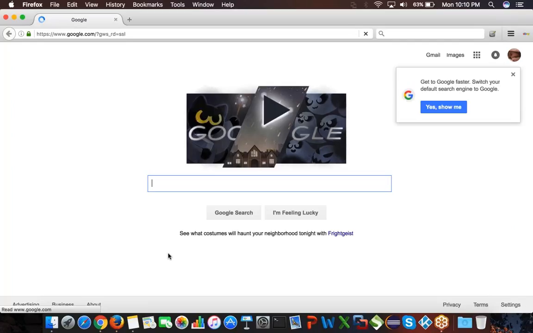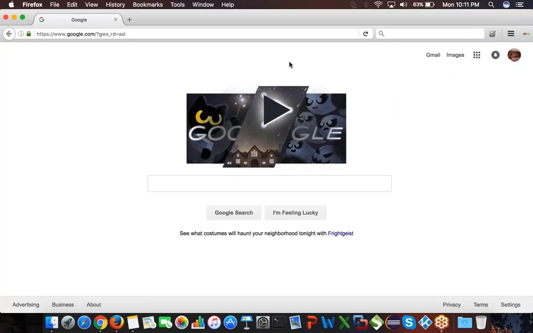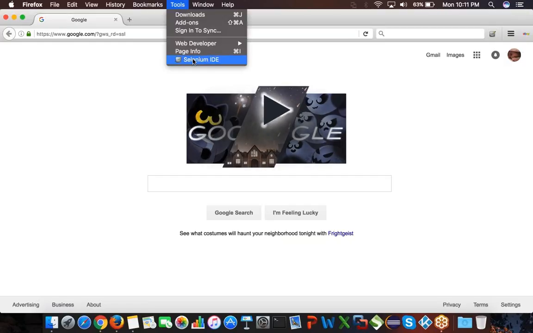So the first thing that we need to do is, because it's a plugin, even if you see an ad blocker, right? Until or unless you open Firefox, it will not open the ad blocker. The same way here also. First of all, you have to open Firefox manually. There is no other way. And once you open it manually, you can just go to the link in the corner. So you see here, or you can also say Tools, Selenium IDE.